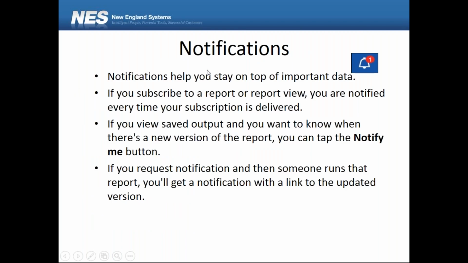Okay, and they'll see that in the notifications icon. So they'll see, you got 1, you got 2, you got 10 reports that have been updated, and they can quickly click on that icon, and they can see all the reports that have been updated, and they can actually view and take a look at those reports. So again, we're not emailing them these reports. We're not cluttering their